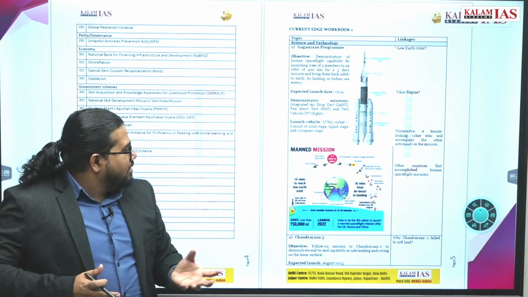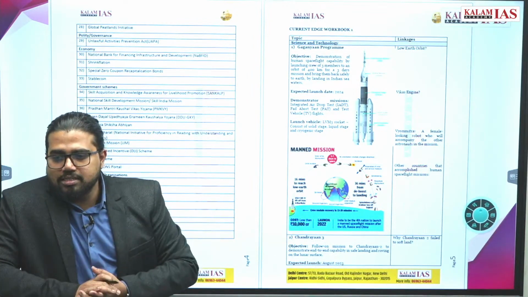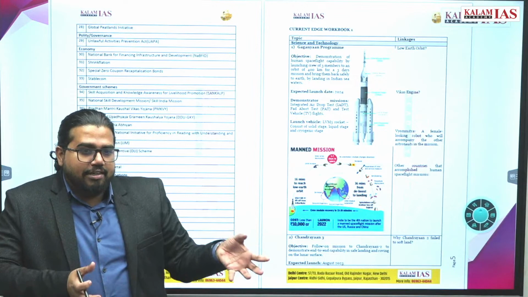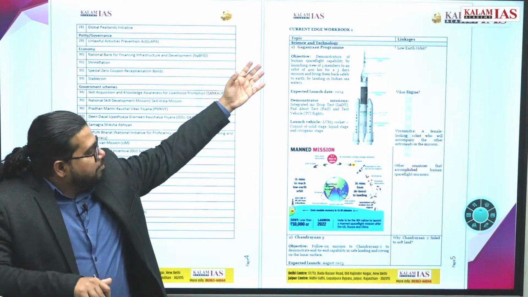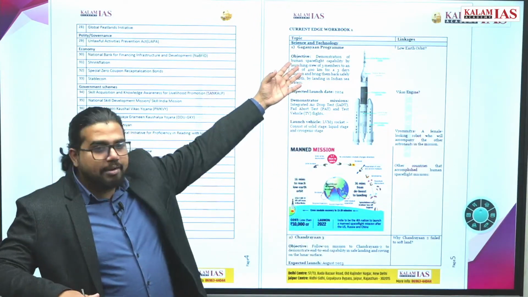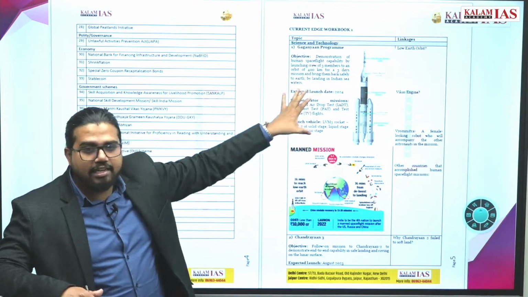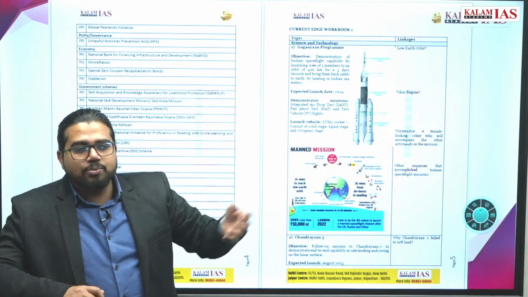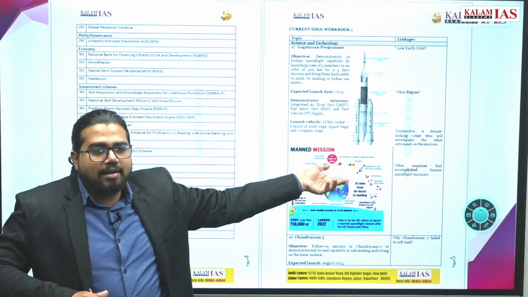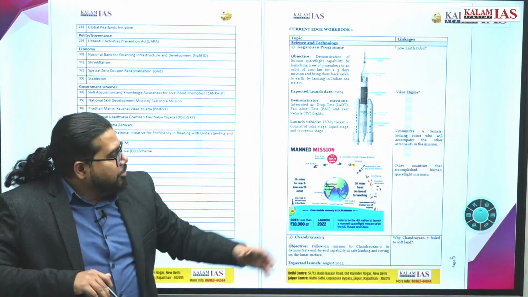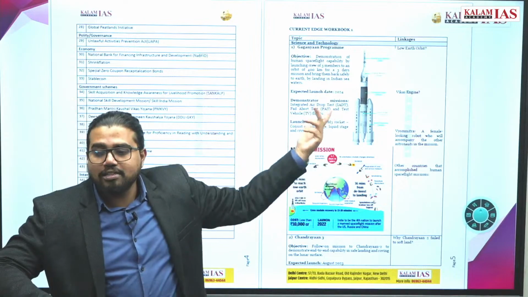The idea of the workbook is that you read current affairs from many sources. You go through multiple sources, so at the end of the day it becomes very difficult to comprehend every current affair in one place. So we will provide notes like this. Suppose the Gaganyaan program. It will be divided into 2 sections. Here we write the details of the Gaganyaan program: what it is, when it is to be launched, what kind of new technologies are being used, some kind of diagram to memorize things, which orbit it is being sent to. Now you have to ponder more on this, like what more you can think of. Suppose low Earth orbit, it is